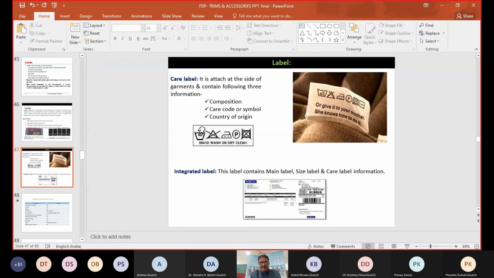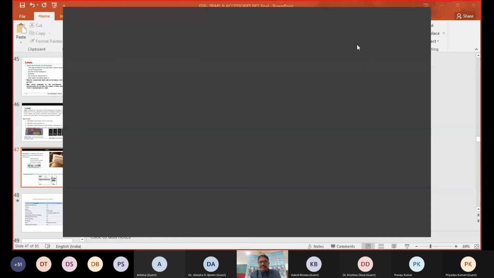Excuse me, sir. What is the difference between label and motif? Sir, both are accessories. Motif is not normally used for care labeling; motif is just used for design.